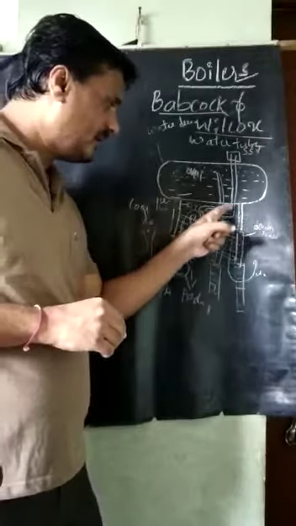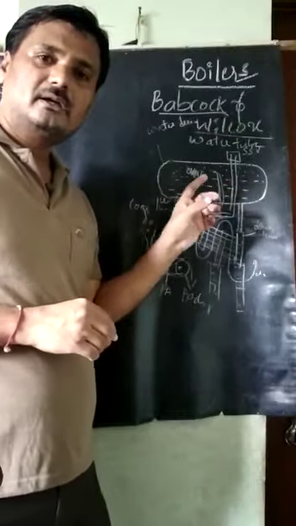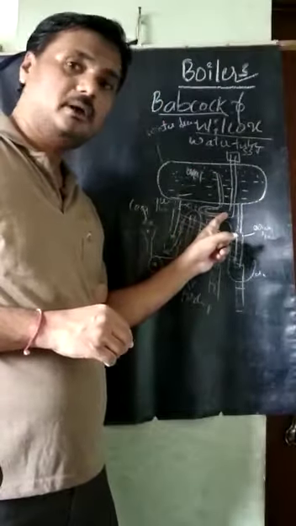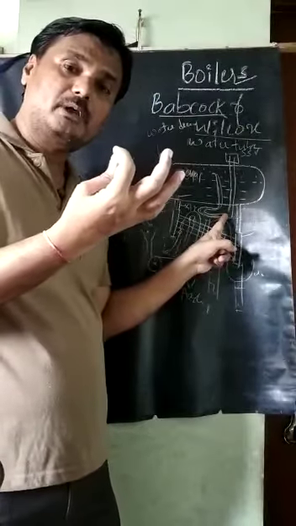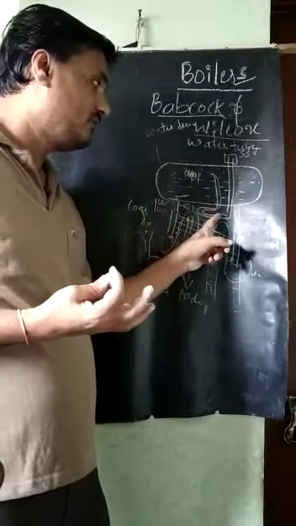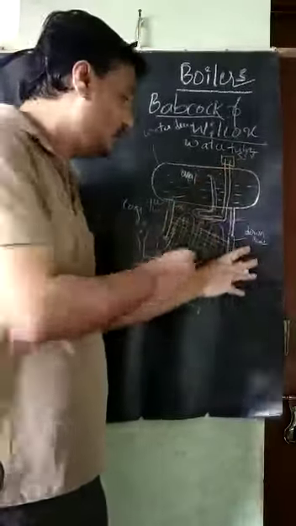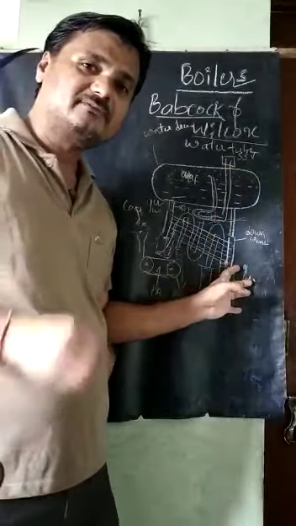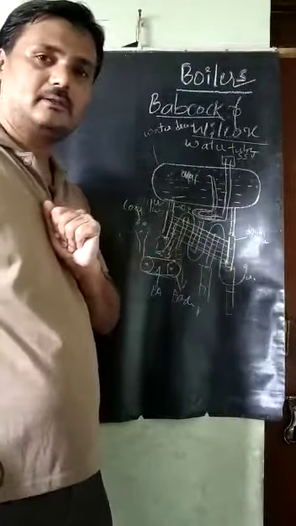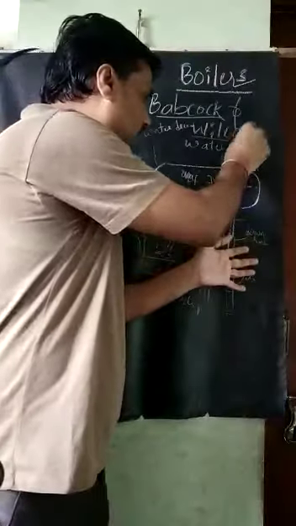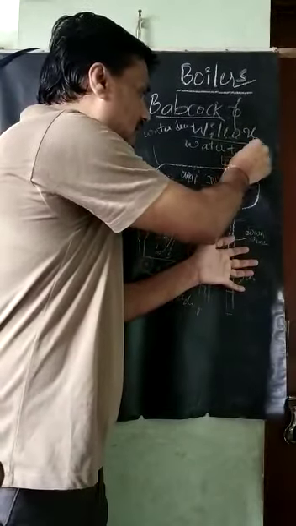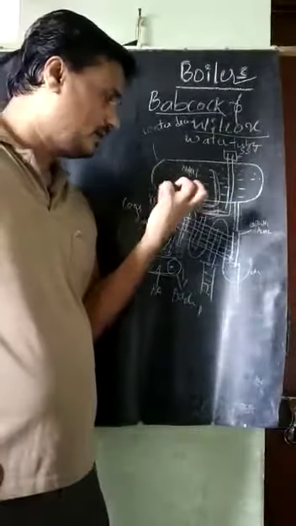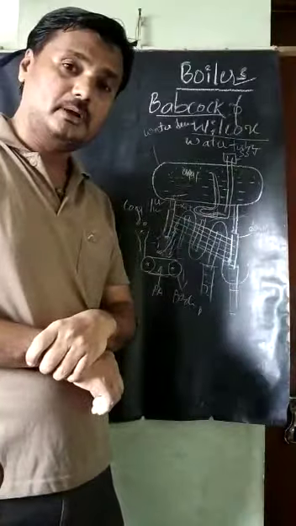So this arrangement is there. There the dry saturated vapor is converted into superheated vapor by taking the heat from the flue gas. So that is called the superheater, SH, here now. That is also one of the accessories of the boiler. That is a superheater in this case. So it is a steam stop valve. By this we can get that superheated steam here. So this is the arrangement for how that superheated steam is produced.